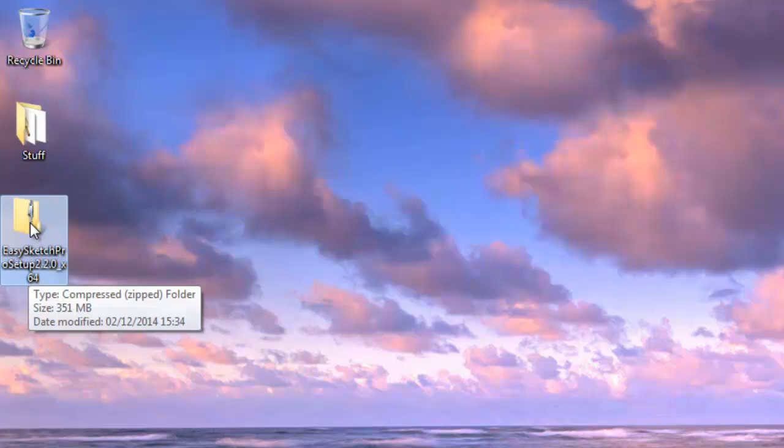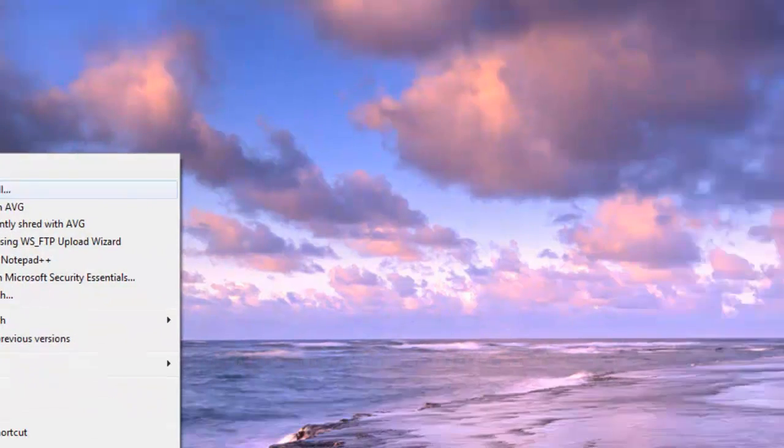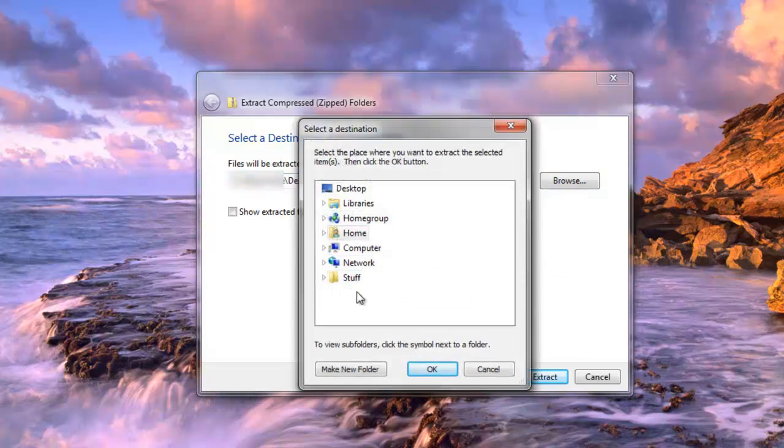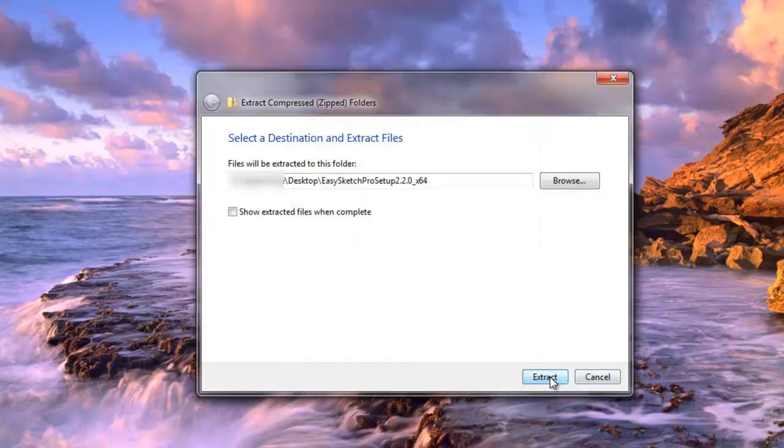You should have a utility on your PC to do that, so you just right click and go to extract all, and it will ask you where you want to actually save the file to. I recommend that you take the default, so it will save it to the same location that you saved the original file, in this case the desktop. There is an option here to show extracted files when complete. I won't do that, but you can if you want, by all means. And if you want to put it somewhere else, you can click on Browse and select a location. If not, just click on Extract,